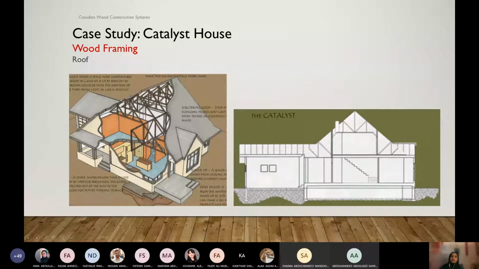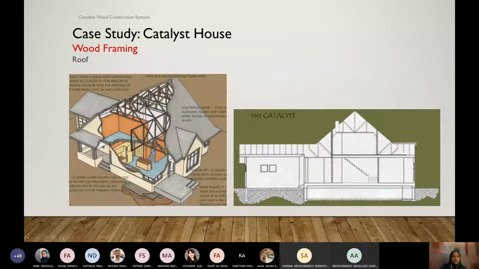So in our house, this Catalyst house, as I said, our upper floor is just a partial area, so the truss we used covers the upper floor and the lower floor also.